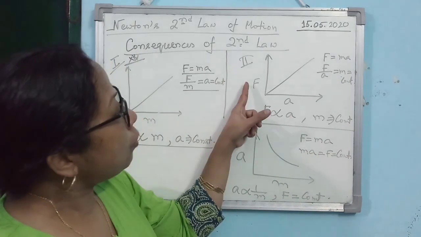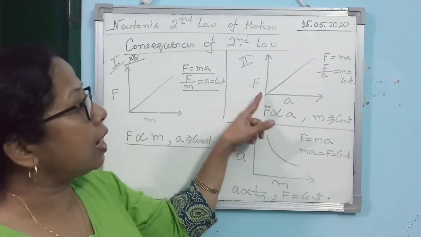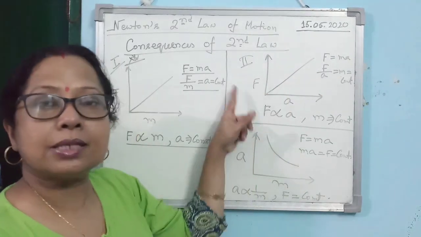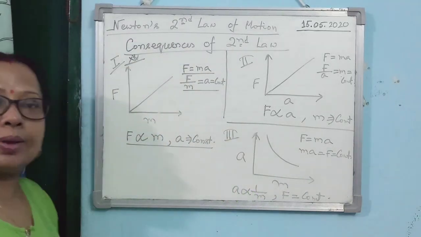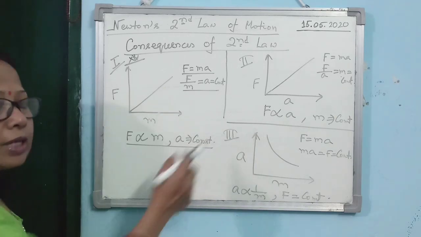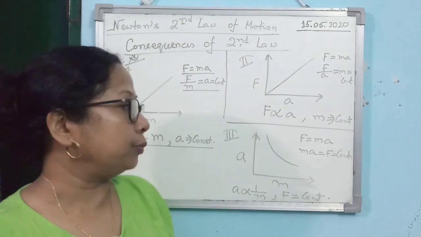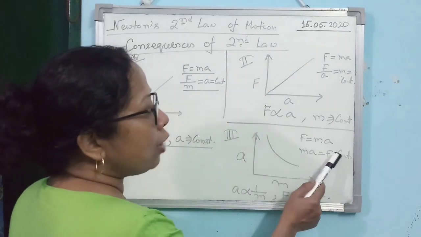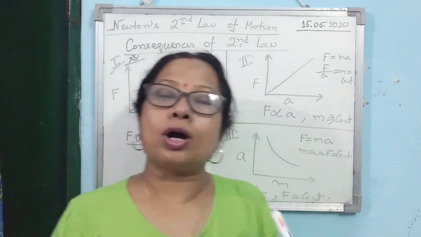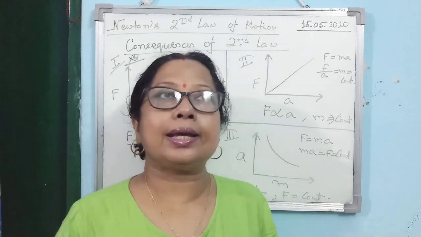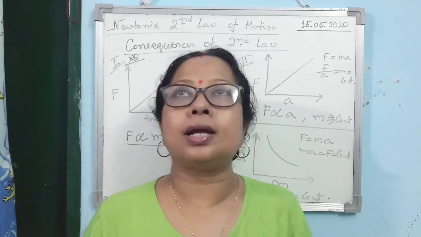Okay. So if you plot again force versus acceleration graph, what will be the nature of the graph? It will be a straight line passing through the origin. Alright. Then what is the third consequence? The third consequence is the most important consequence out of all these three, because it is a little bit different from the first two. So in this case you see, if you apply constant force, just consider this example. You are applying a constant force on a small vehicle, suppose it is a Maruti, and you are applying the same amount of force on a Scorpio.